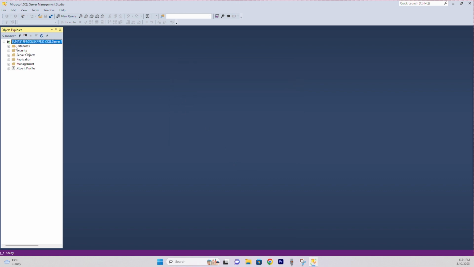As you can see, we have a database option here. Just click on the plus icon. As you can see here, we don't have any database. For creating a new database, you have to click on the new query